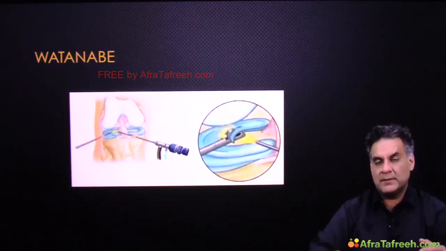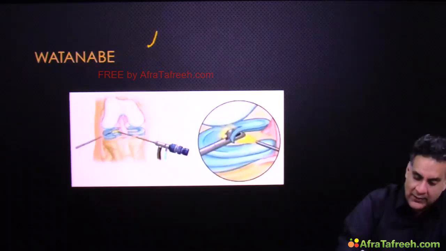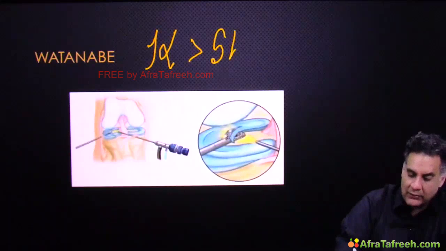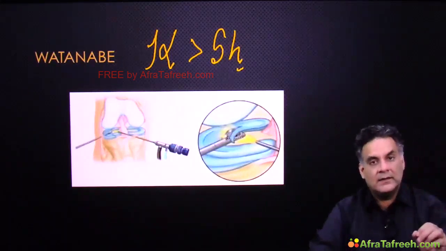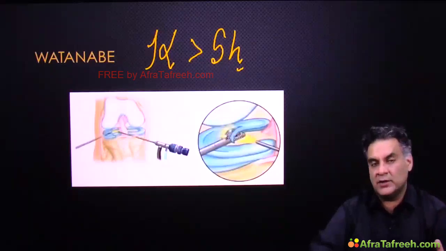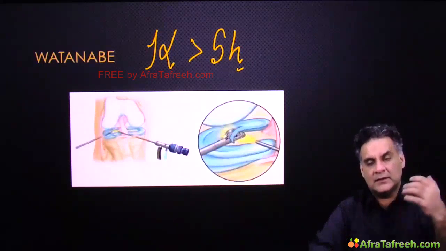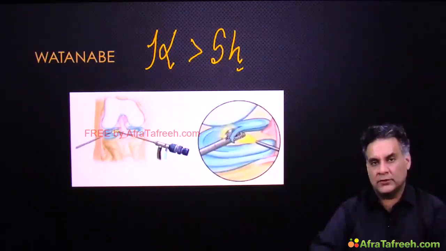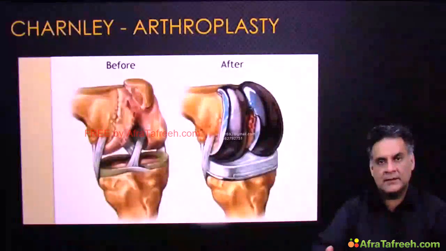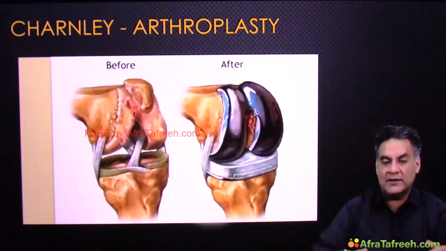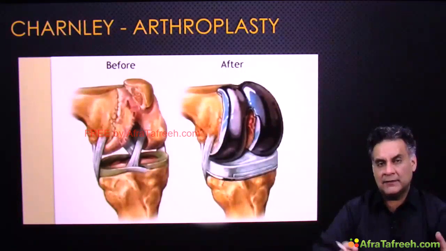Joint preservation surgeries is another name. And you know which is the commonest joint in which you do arthroscopy? Knee, followed by shoulder. Knee happens to be the largest joint in human body. Knee also happens to be the joint which is scoped most common. And then the largest joint is also the commonest joint where replacements occur, called as arthroplasty, and the father of